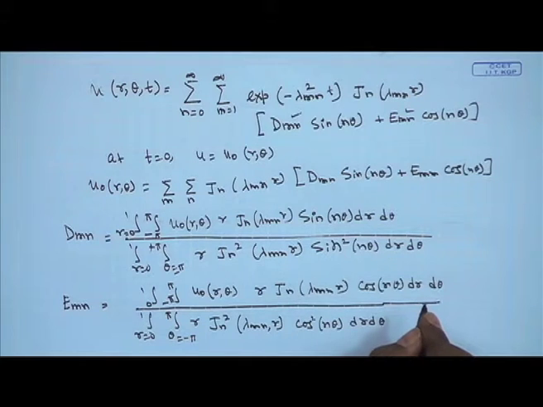So, that gives the complete solution of the partial differential equation for the cylindrical coordinate system,